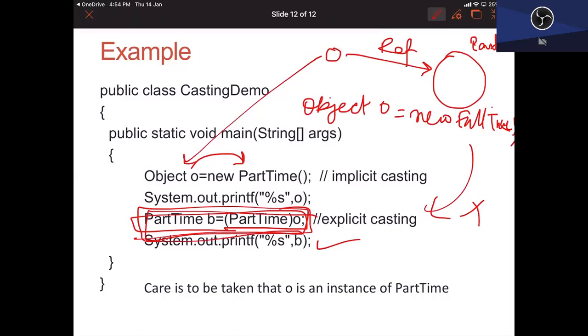So what we have seen today in this video is that we discussed polymorphism, and we talked about compile time polymorphism, which is implemented through method overloading, and runtime polymorphism, which is implemented through method overriding. We saw how polymorphism takes place. We have also discussed casting, the casting operator as it applies to objects in an inheritance hierarchy. In the next video, we will talk about something more about polymorphism.